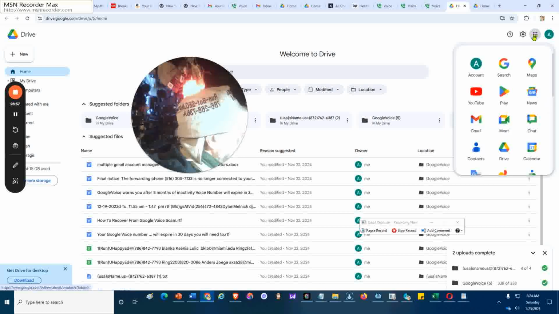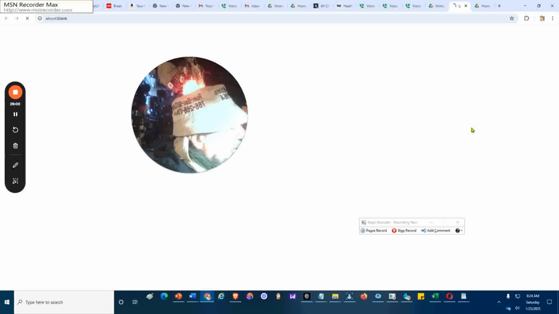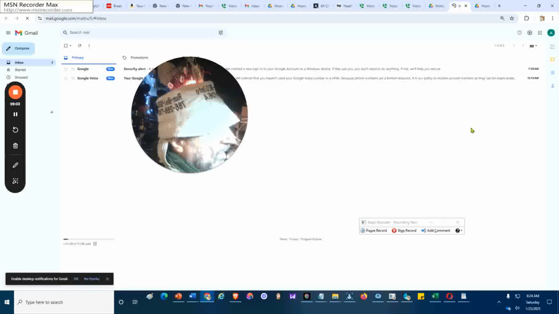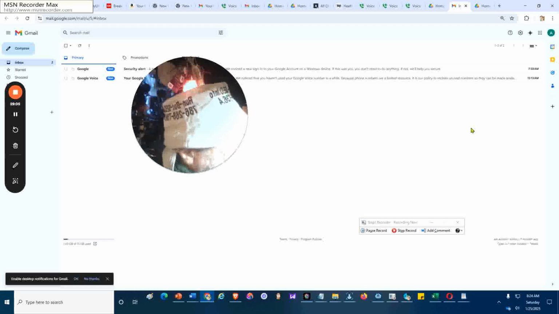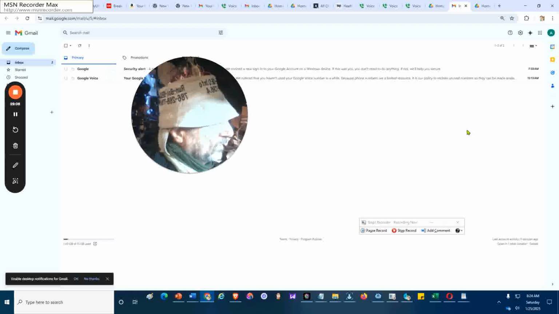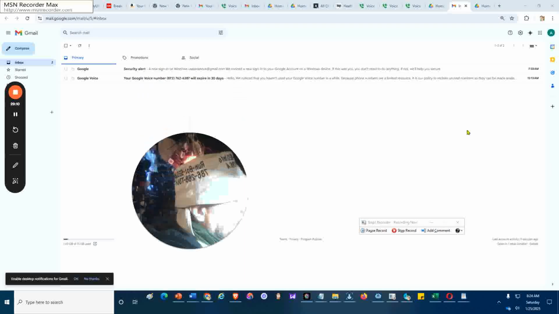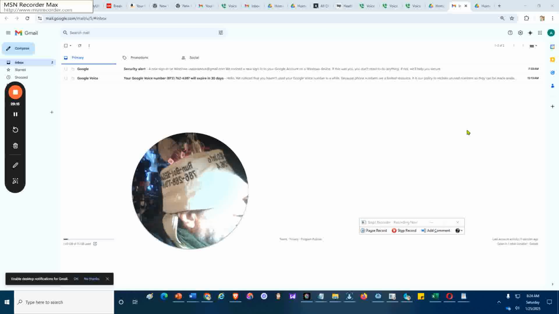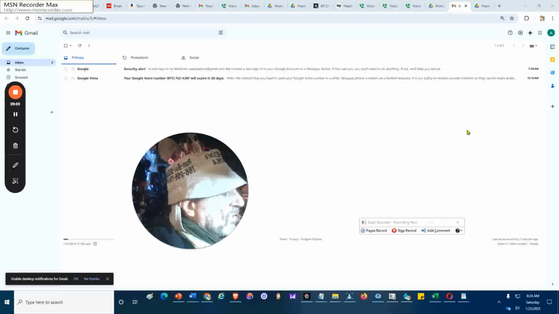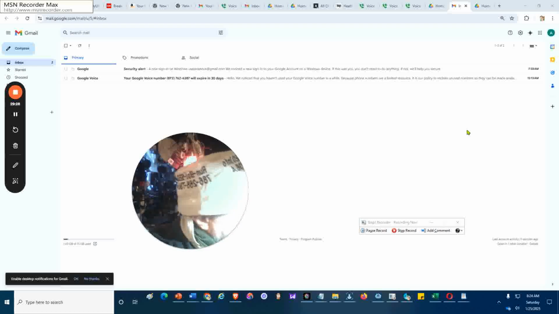So I'm clicking on the waffle to go to the Gmail email client and see if there are any outdated messages there. And I found a couple of outdated messages. One is a security alert, and another one says that the Google Voice will expire within 30 days, both of which are no longer relevant since I know that I created a security alert, which is fine, and the Google Voice